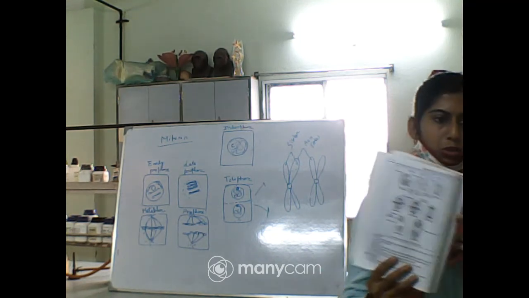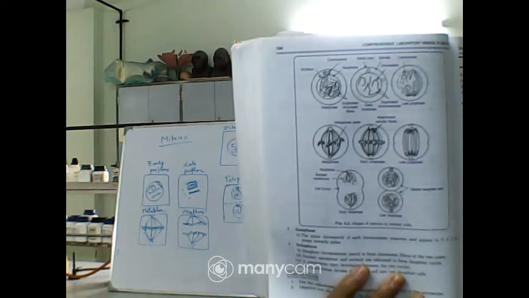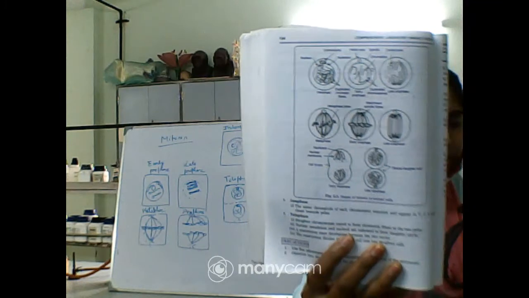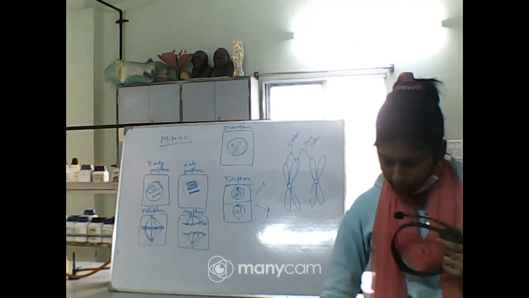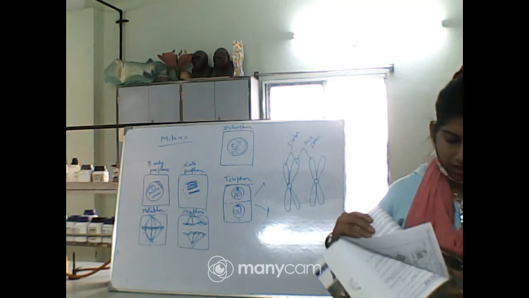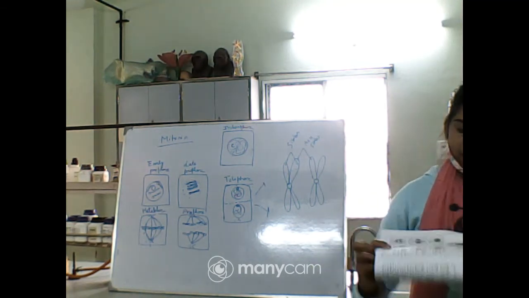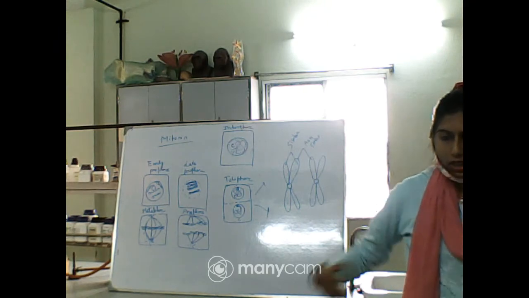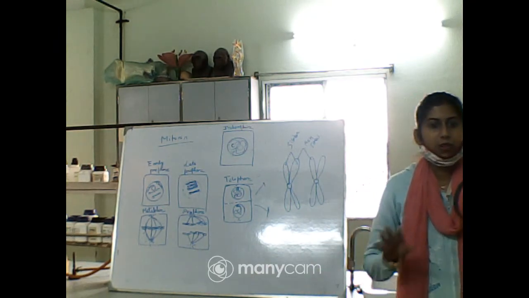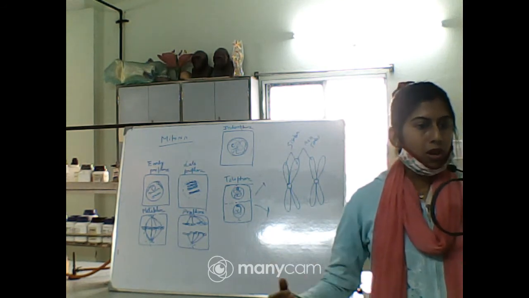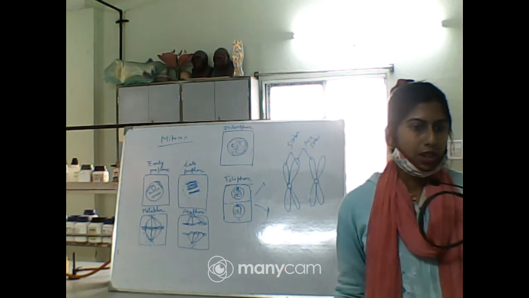diagrams from the book. So here you will be able to find this one is from animal cell, stages of mitosis in animal cell, and this one is stages of mitosis in plant cell. Clear? So you have to draw all the diagrams on the left white page, and you have to write down the objective, aim, requirements, procedure, observation on the right side of the page.